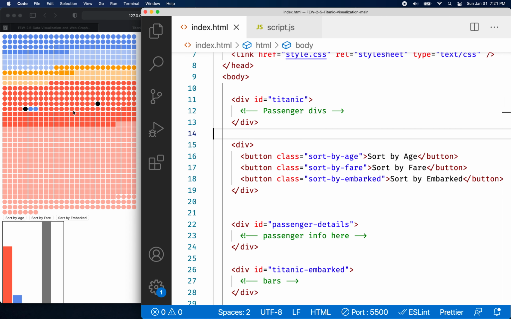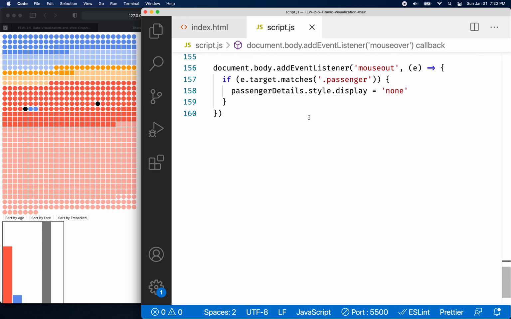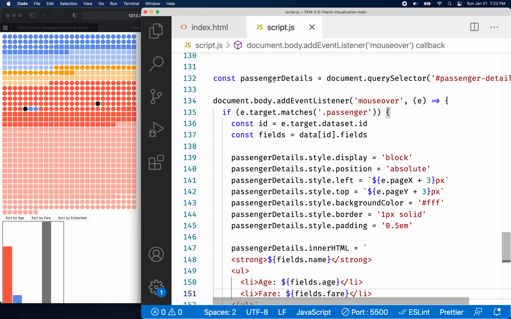Now, we're already sorting this, but maybe we'll rearrange it, right? So we can put it in the original order when it starts, and then we can click the button to sort and see what happens, right? So let's go to our script now, okay? So what I want to do now is I want to be able to handle the click on